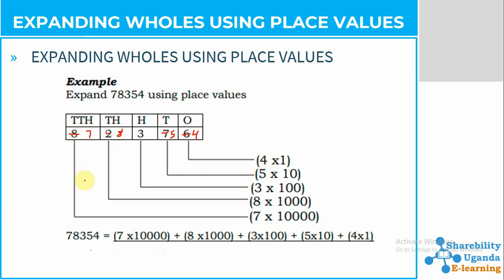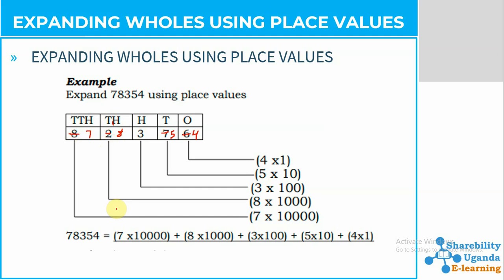So as you can also see, these numbers are given according to their place values. 4 is in the place value of 1, 5 in the place value of 10, 3 in the place value of 100, then 8 in the place value of 1,000, then also 7 in 10,000. So in getting